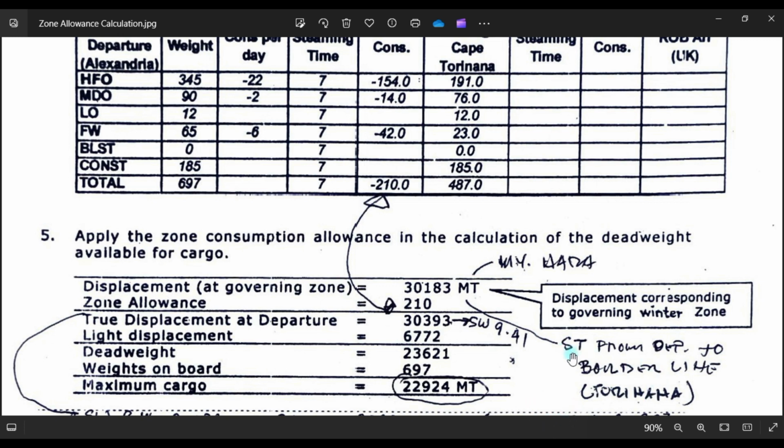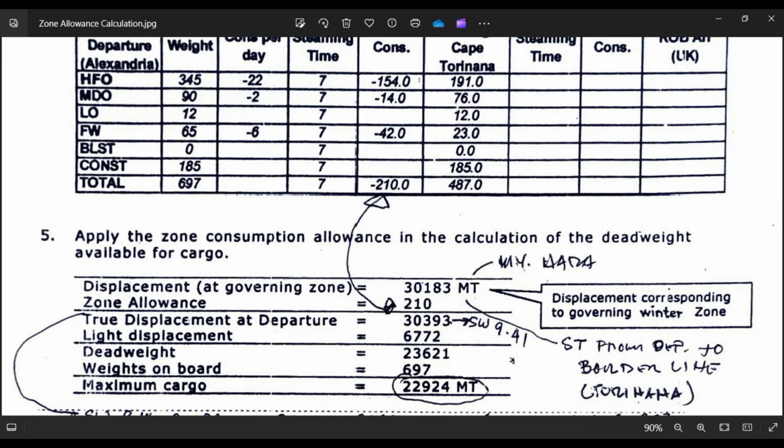Now it says here start from departure to borderline of Torinana, which is the zone allowance of 210. Okay, so let's investigate this true displacement. When you add this zone allowance, it will be 30393. Okay, what will be the corresponding drop?